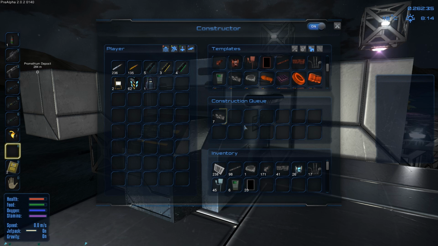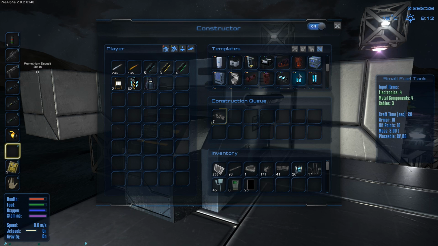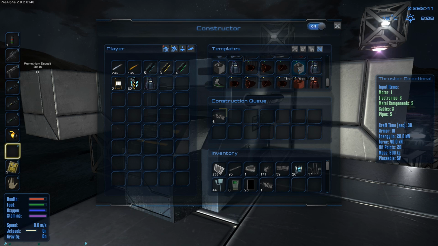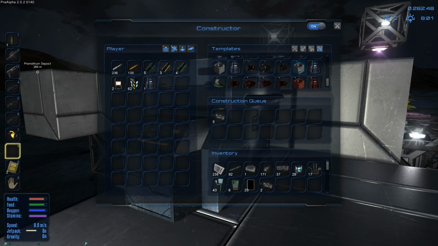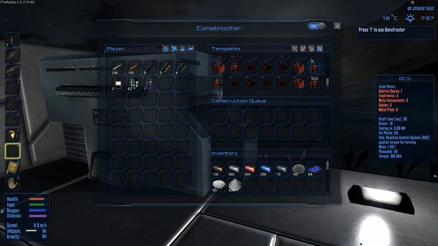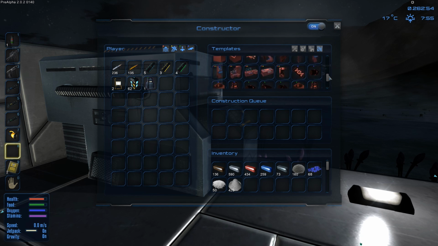I calculate this approximately like that, and then we go here, and we see, okay, now we have to craft 7 of those guys. So we need, oh, they need 6 electronics each. That's 6, 12, 24, 36, 40. Oh, we need another couple of those. Luckily, we have some more silicon here. So let's...